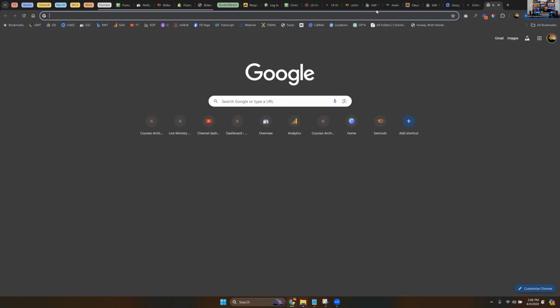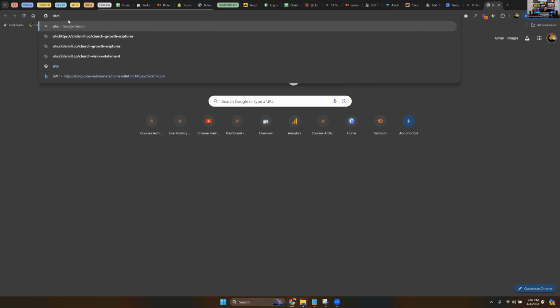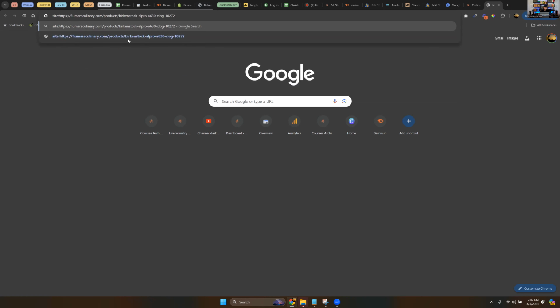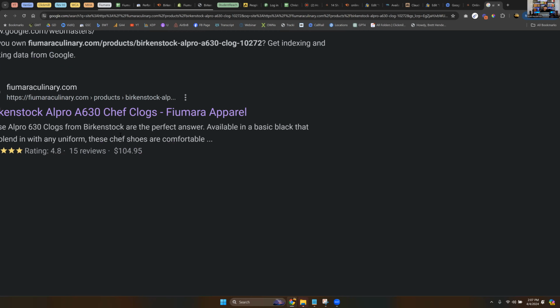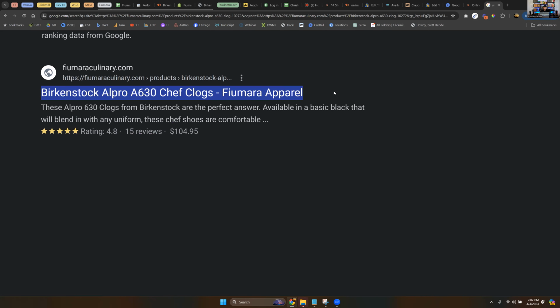Now, one way you can pull up super specific information on Google, it's a little Google hack, I guess, site colon. Okay, so up at the top of the URL, you're going to type site colon and then drop in the exact URL you want to see. And you'll notice this is the URL for that exact page that we're looking at. And this is the meta title, and this is the meta description that people are going to see when they're shopping. Now, you'll notice one thing right off the bat here is these chef shoes are comfortable,